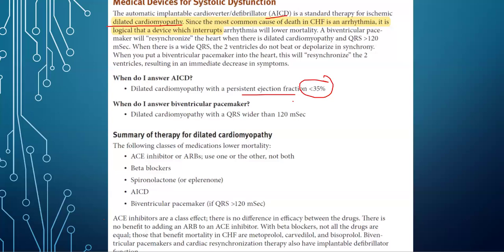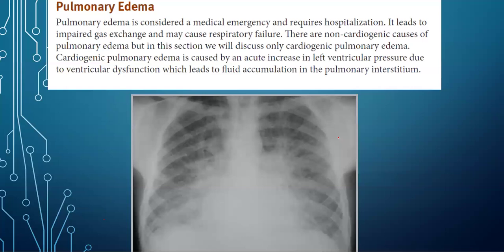Okay. So in that patient, this cardioverter defibrillator is indicated. Next, pulmonary edema. We know that pulmonary edema means that the patient has got fluid in the lung, and they will come to you sometimes with sudden onset of acute shortness of breath. You will know that this patient might be a known heart failure patient. This is a medical emergency because oxygen saturation can go severely low in this patient because of impaired gas exchange